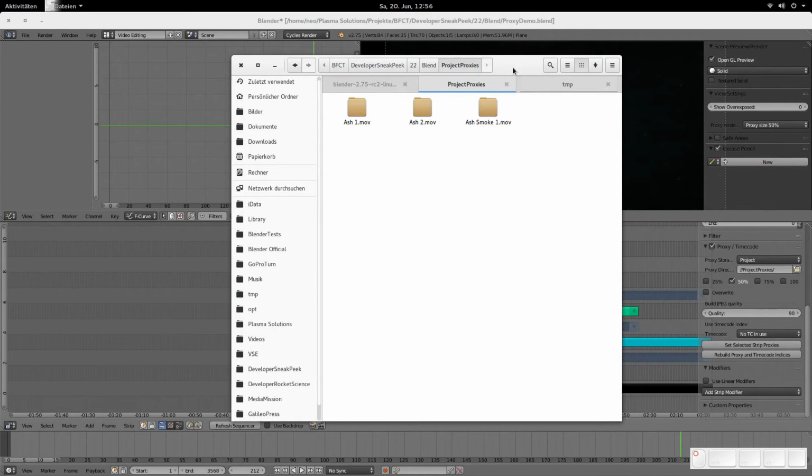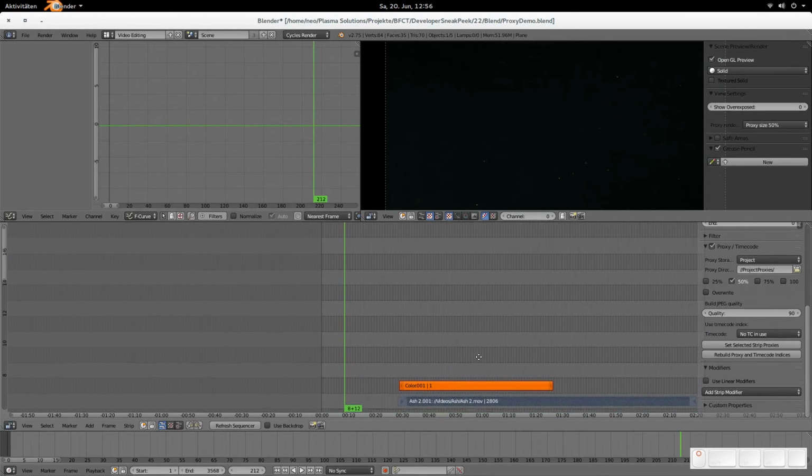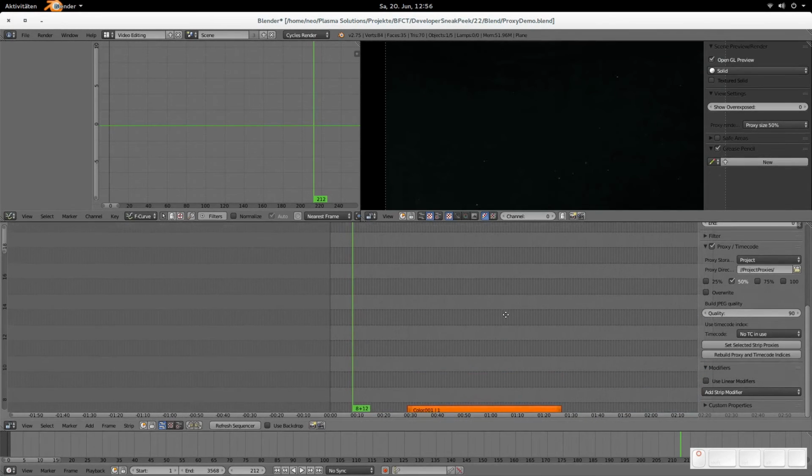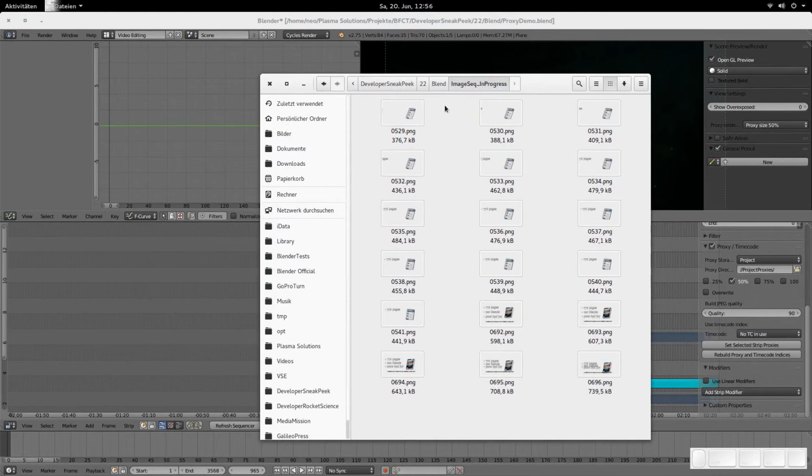And the next one is very helpful if you have a render farm, or you're using a render farm and like to import image sequences. And image sequences, or renderings in general, always have the problem that they are never finished in time. So for example, here we've got an image sequence that is in progress, and you see it rendered to 541, and then we had some test frames at the end to see if that is working. Yeah, it did, and that was the